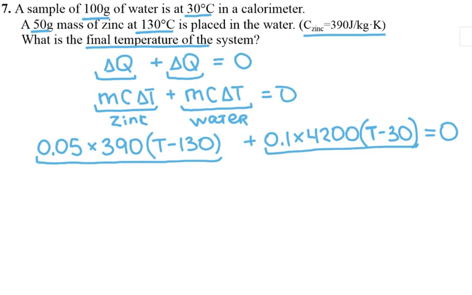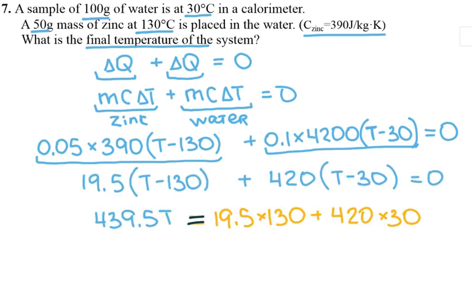Now if I do my multiplications and distribute the numbers, this is what I'm going to get. So if I distribute 19.5 and 420, and then I add them together, I get 439.5 T. And then if I distribute 19.5 and there is a negative sign, and 420 and there is a negative sign, so when I move them to the other side of the equal sign, I'm going to have them positive. So here I have both of them positive. So if I add those two numbers together, I'm gonna get